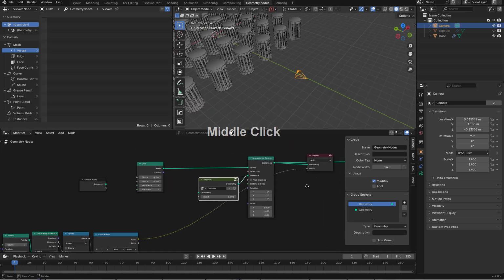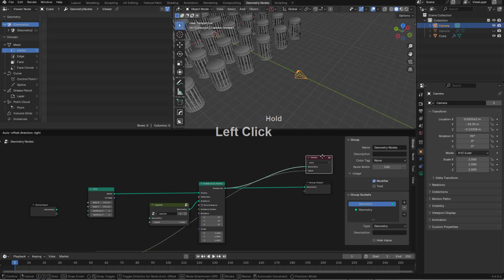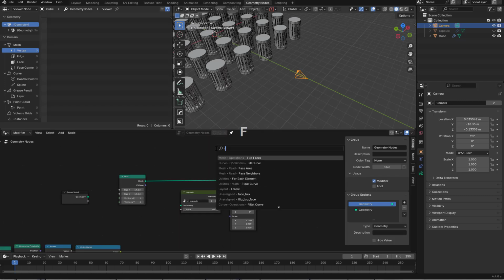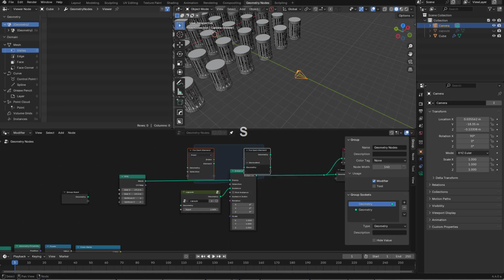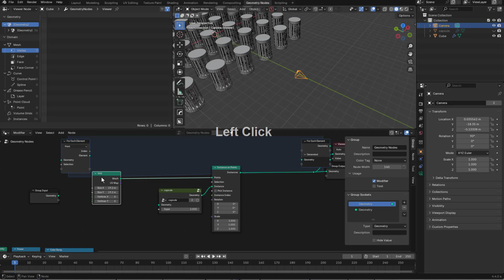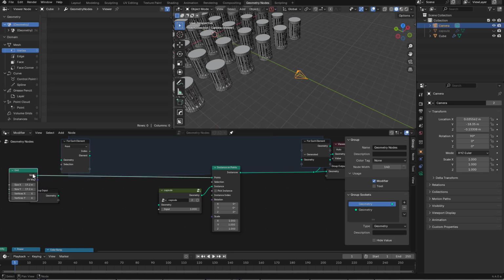Alright, so we'll use our old friend. I don't even like this solution, but I guess it makes sense. We'll use for each. Alright, so for each